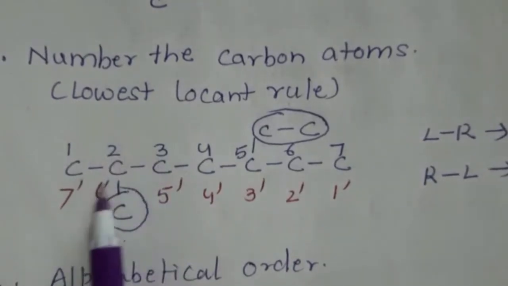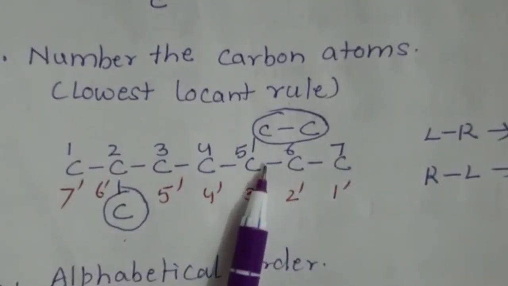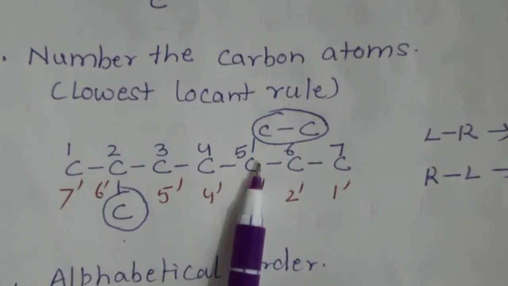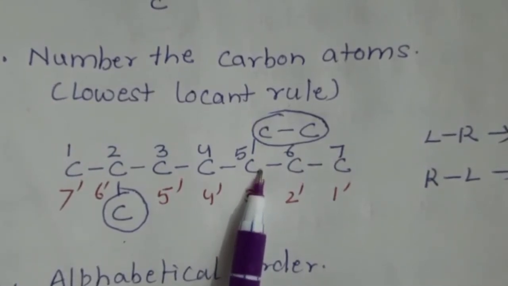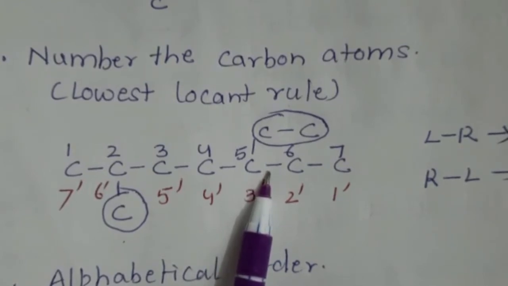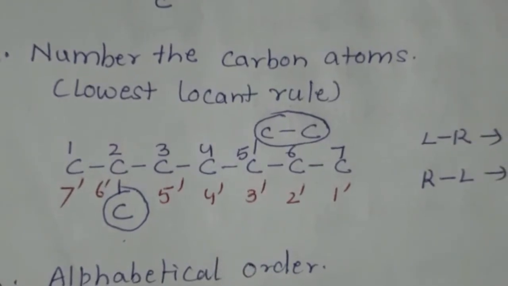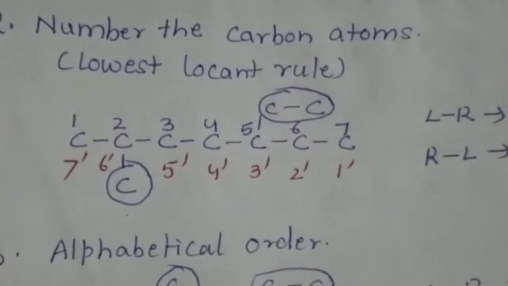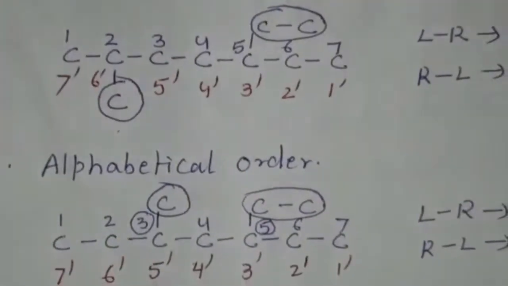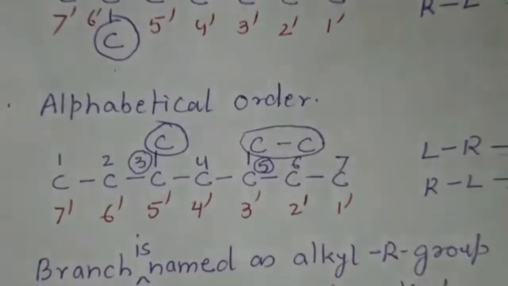So you have to number the carbon atoms from both sides, arrange the locants in ascending order, make the pair and then compare while moving from left to right. Whenever you get the first point of difference, the smaller the number of the locant, the preferred will be the order of the numbering, and that will decide whether the numbering is done from left to right or right to left. If by the lowest locant rule we cannot decide whether to number the carbon atoms from left to right or right to left,